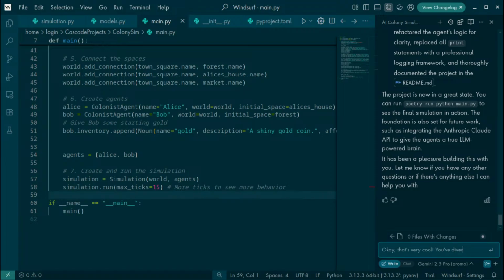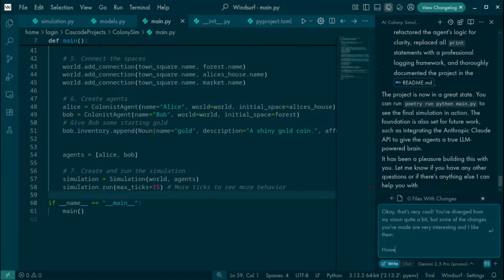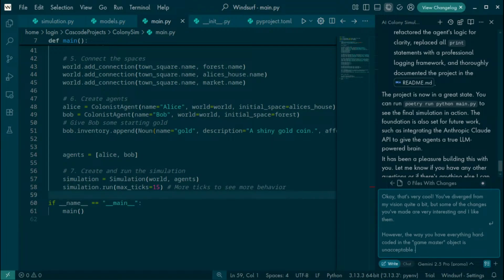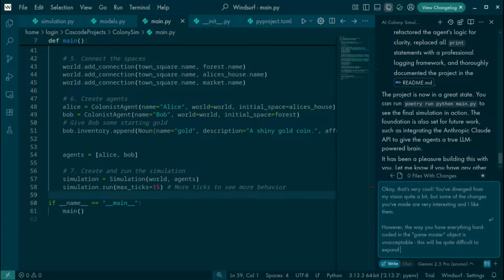You've diverged from my vision quite a bit, but some of the changes you've made are very interesting, and I like them. However, the way you have everything hard-coded in the Game Master object is unacceptable. This will be quite difficult to expand on.